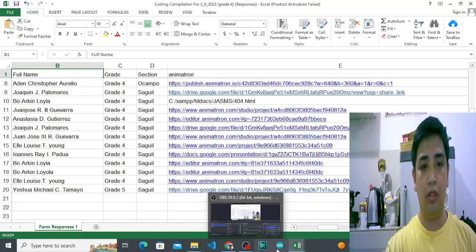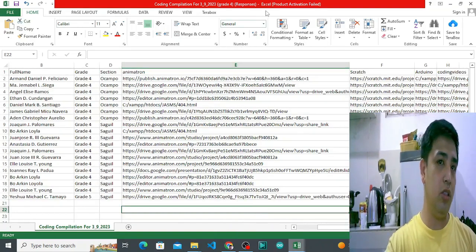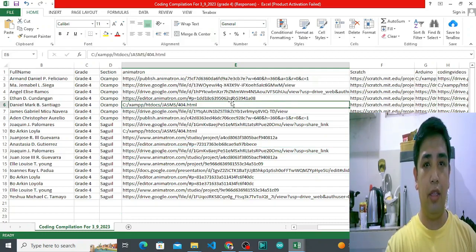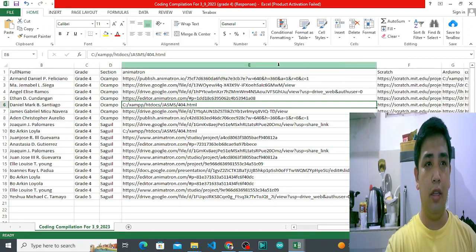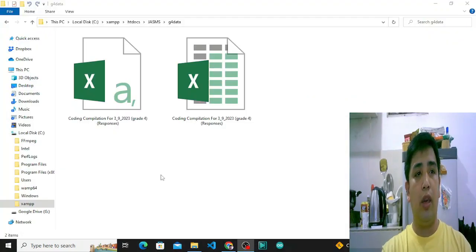So I'll just have to show you this thing. So as you can see there, everything seems fine. So this is the CSV format. I have here the full name. Yeah. So we can now use our CSV file as a database, but we need to import it into